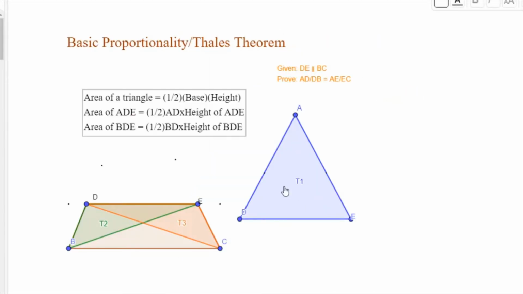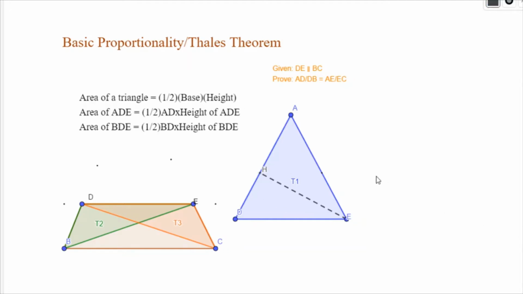Since the area of a triangle can be calculated using different bases, you get different heights for the same triangle. For example, if you take AD as the base for triangle ADE, the height or altitude of the triangle would be a perpendicular line drawn from E towards AD. So here EH is the height of the triangle when you take AD as the base.